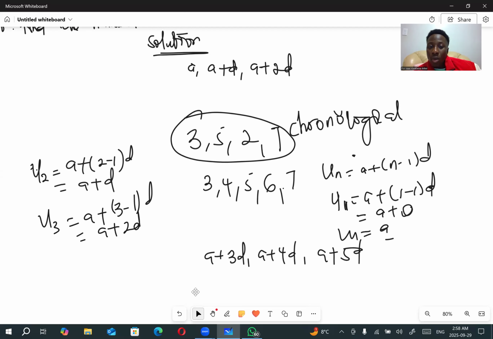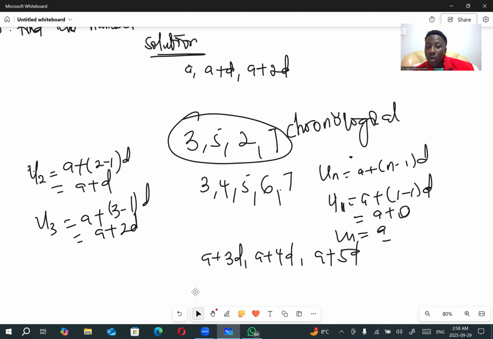That means your consecutive terms are the first three terms, so you consider a, a plus d, and a plus 2d, because in every AP the first term is a, and to get the next, this is what you must have. If the question is not like that and it's general, that in an AP, three consecutive terms